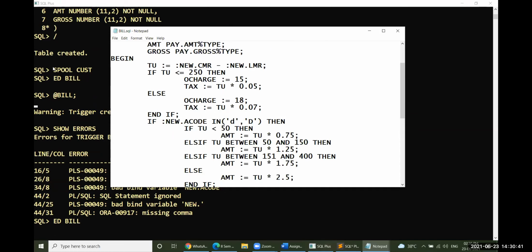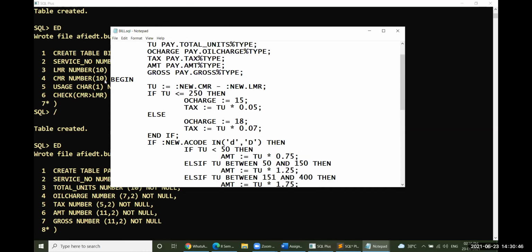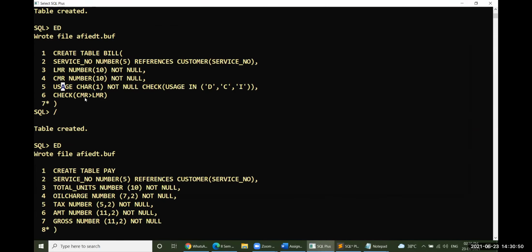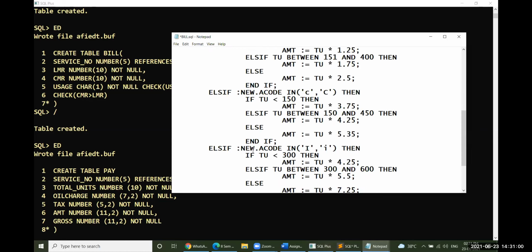Whether it is area code or A code, what is the name? We have taken usage. Usage is the column name. I'm sorry, it is not A code, it is usage. New.usage. Sorry, I did not remember this column name, so that is why we got that error.